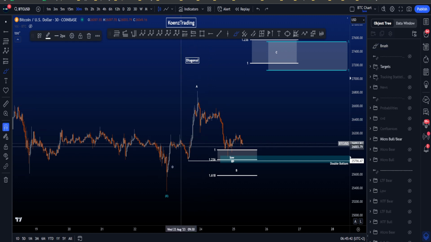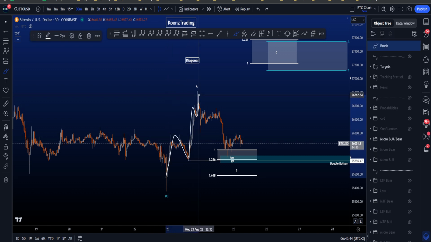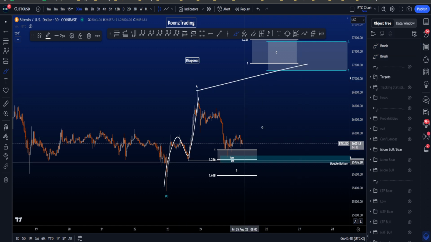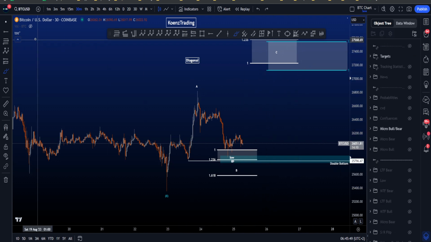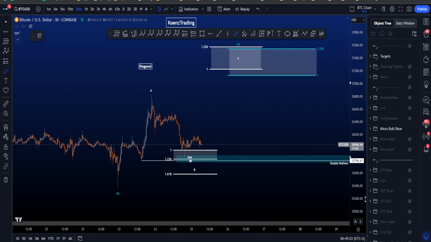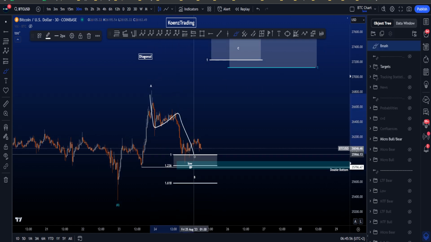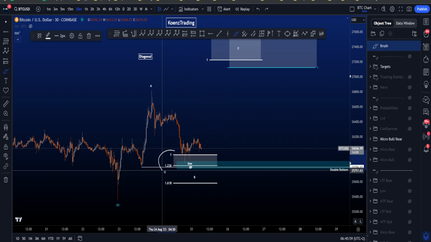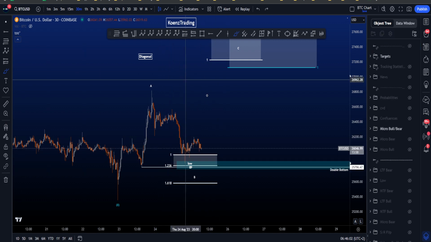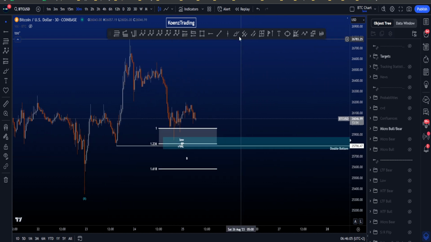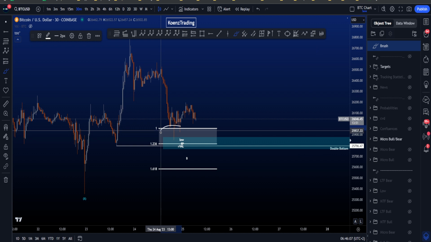Very, very short though, so you can count this as a 1, 2, 3, 4, 5. Again, it can also be a 1, 2, 3, but then we have to think about potentially ending diagonal structures. A bit early to tell, but it doesn't matter for the scenario, as we're going to be looking for upside. This then as a potential 3-wave structure finished or another dip down, most common target area is between the 1 and the 1.236, which is, as you can see, the white box over here, which is very nicely respected, wicked